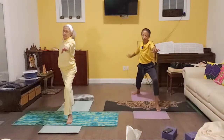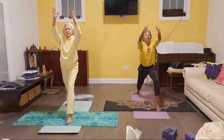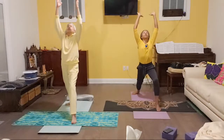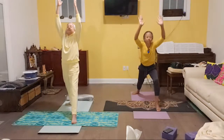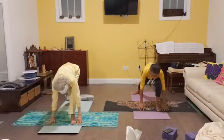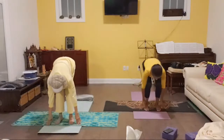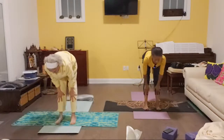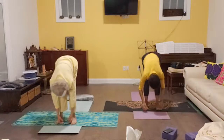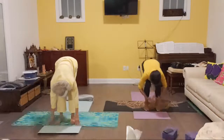And now inhale as you swing your right arm, your hips, and your torso to face forward. Inhale as you reach your hands up toward the ceiling. Pull your navel in as you exhale, tilting forward, placing your hands on the floor next to your left foot. Step your right foot forward. Inhale up halfway and exhale down, relaxing your knees. And then bend your knees,